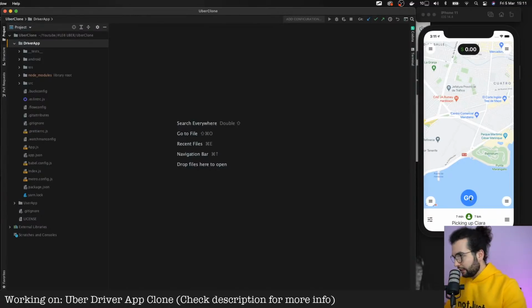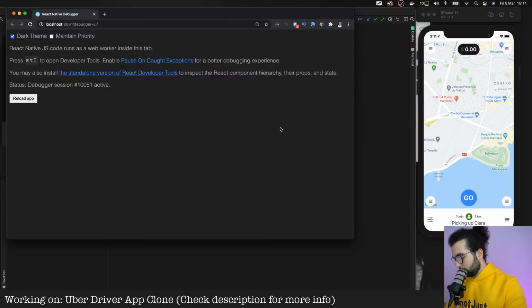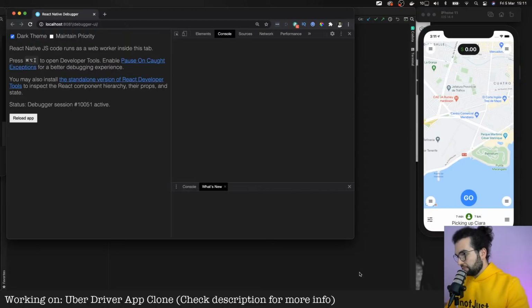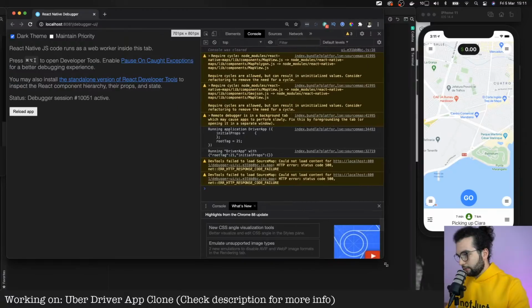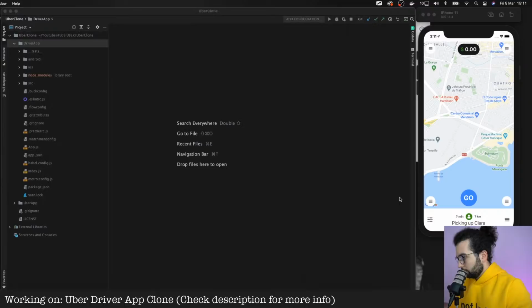Okay, the first thing is let's have a look at why our maps are not working. I want to check the API key, because as far as I remember, I updated it, but it doesn't seem so.